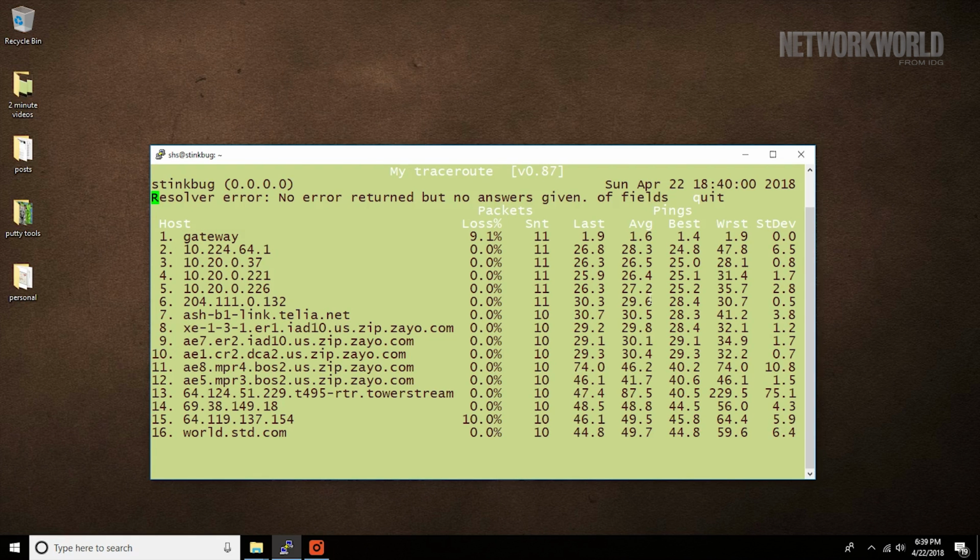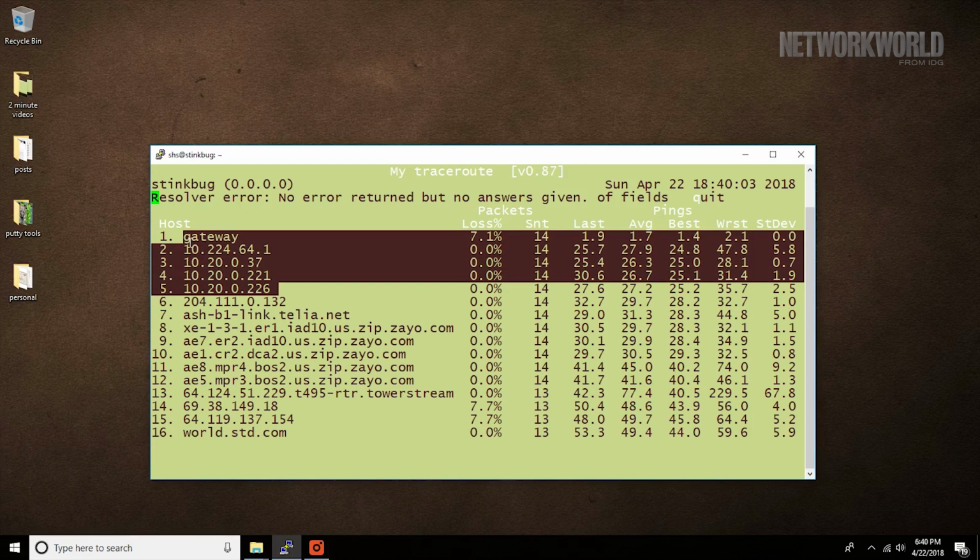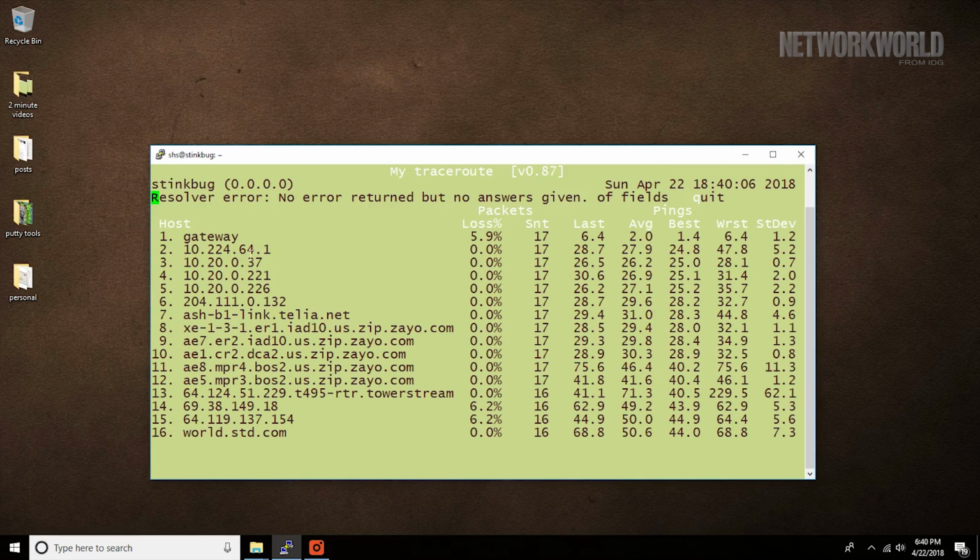Notice also how each hop in the output is numbered, and we have at the beginning a group of local IP addresses. We also see the timing on the right. It shows the command values, how long it takes to reach a system, including the average, best, and worst times. The higher the standard deviation, the greater the difference between the best and worst round-trip times.